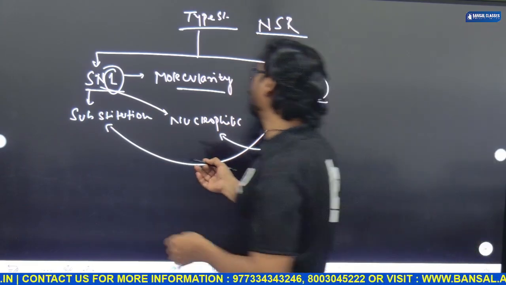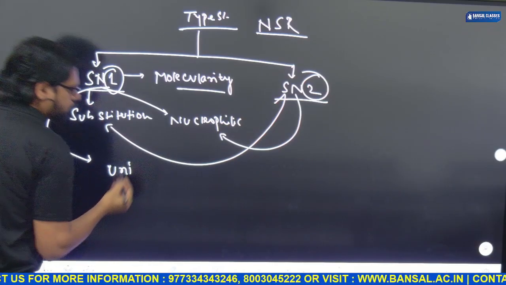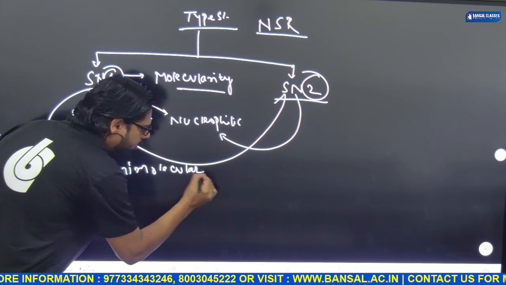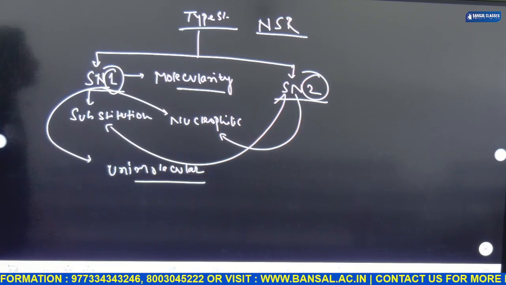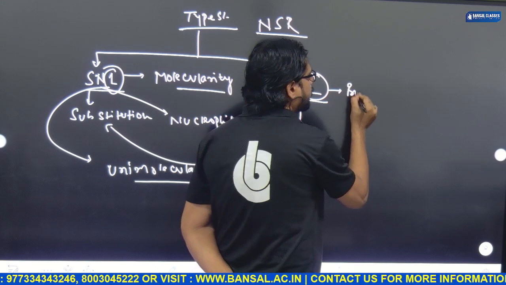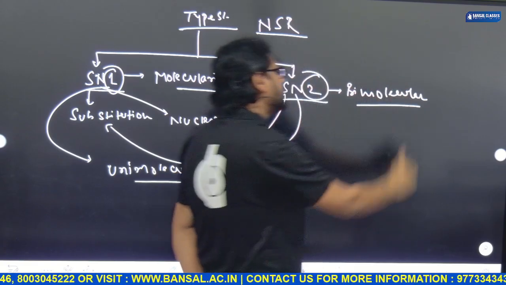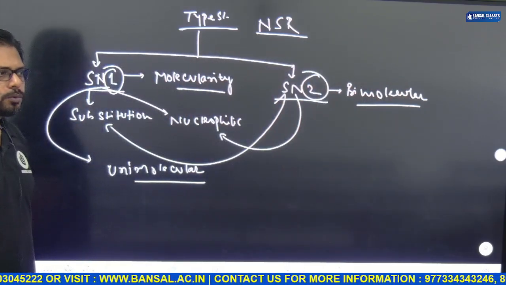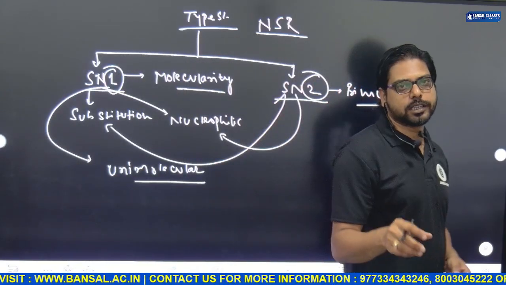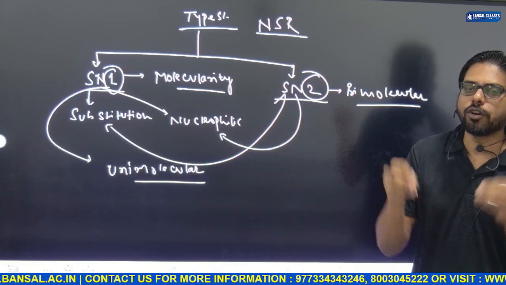And we also know that 1 can be written as uni. So this will be known as unimolecular reaction. SN2, 2 means bimolecular reaction. Now, what does 2 mean? It means we have two different types of molecules present in that chemical reaction, and both of them have taken part in the very first step,